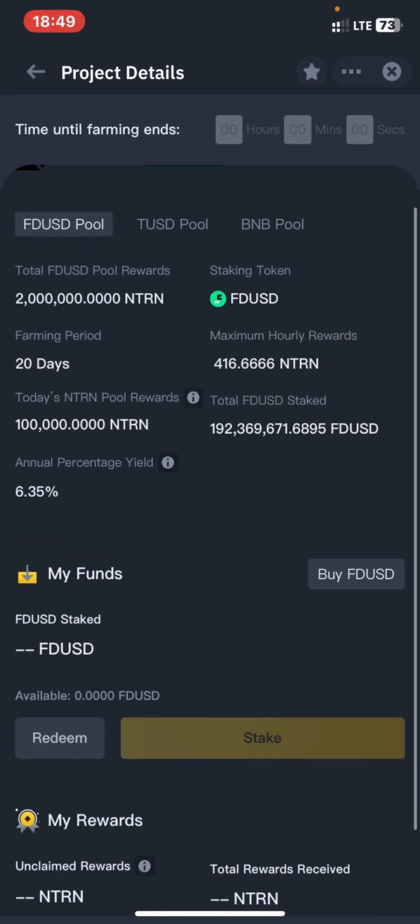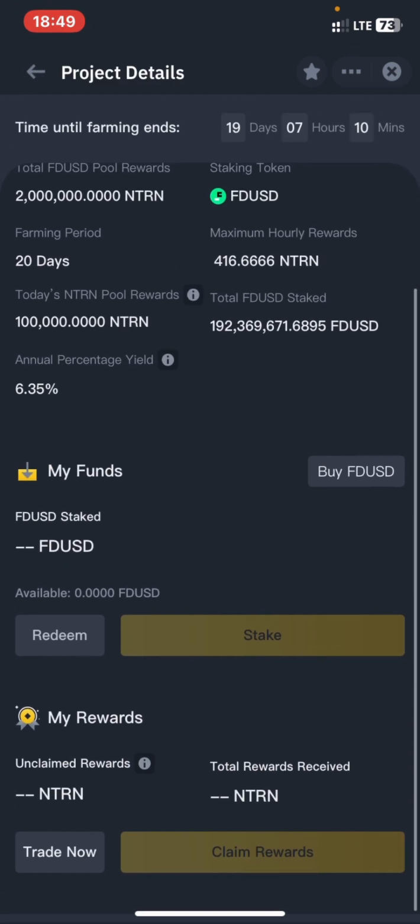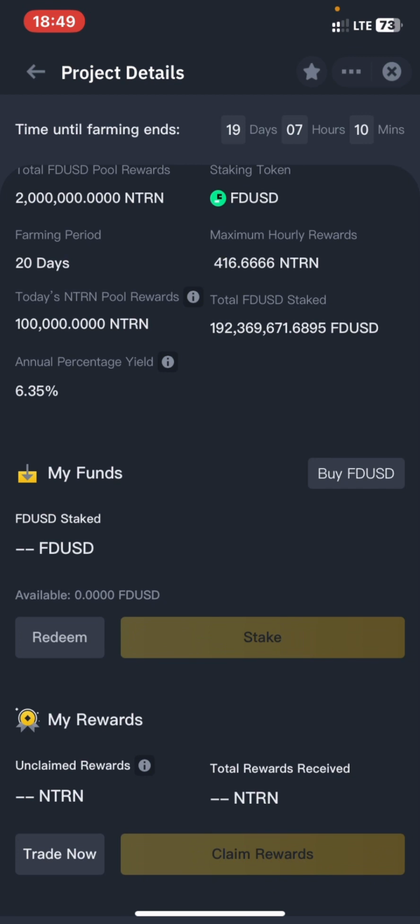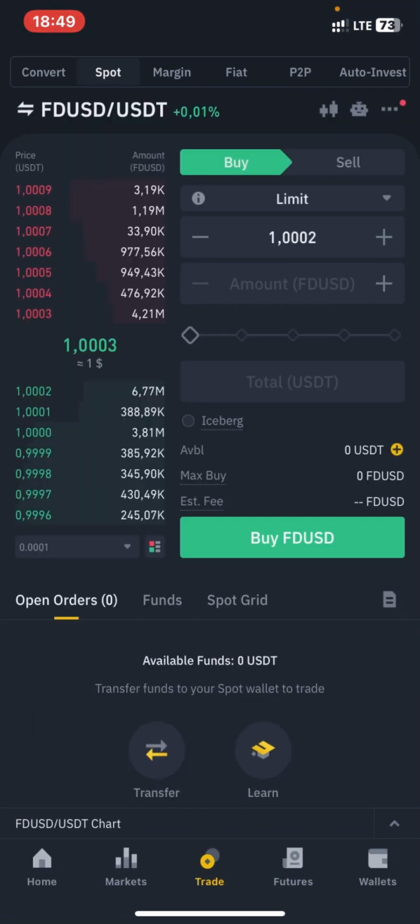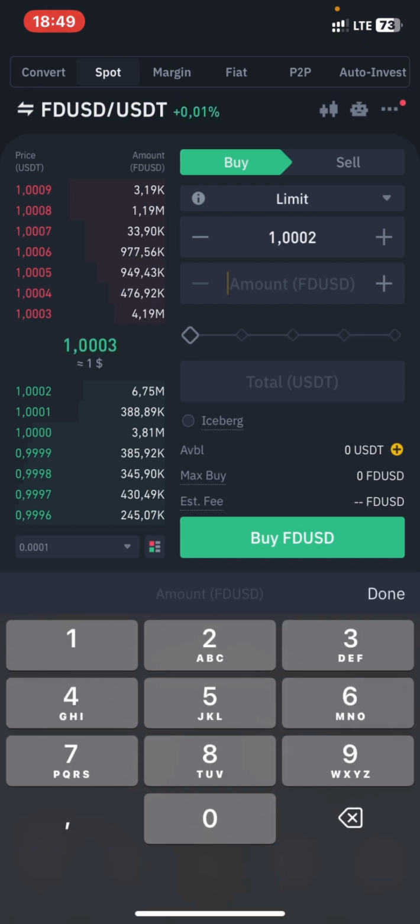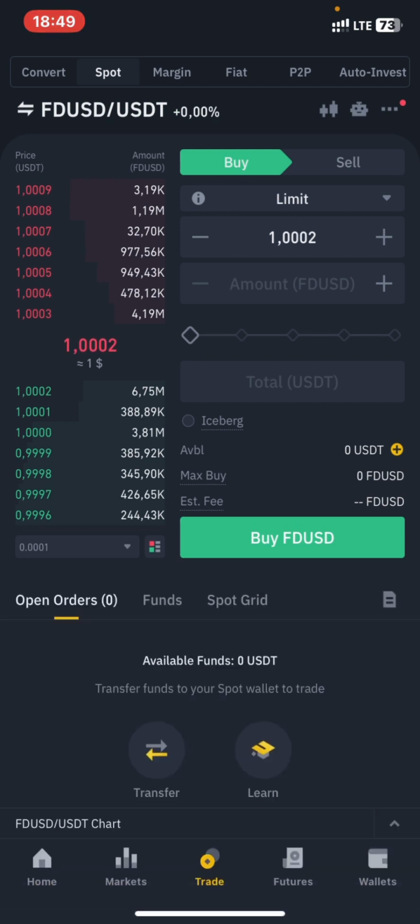You just need to press stake again, then you will use this stake right here. You need to get this token for you to be able to stake. Get it right here on the marketplace. Once you get this, just need to go back